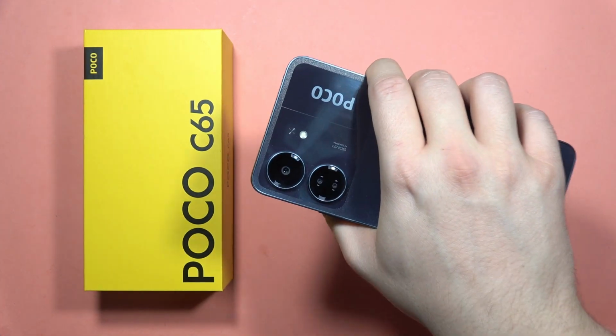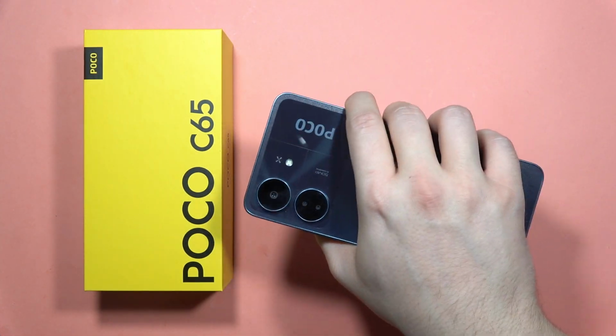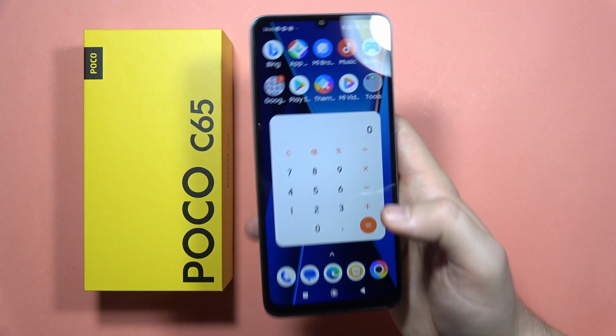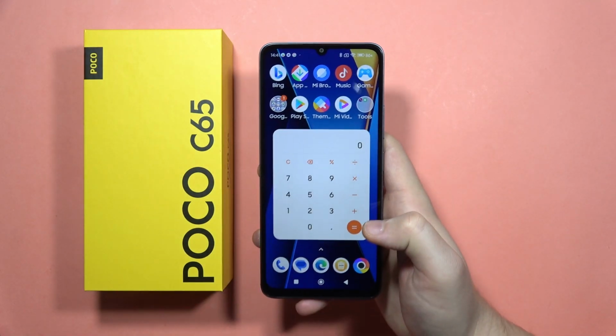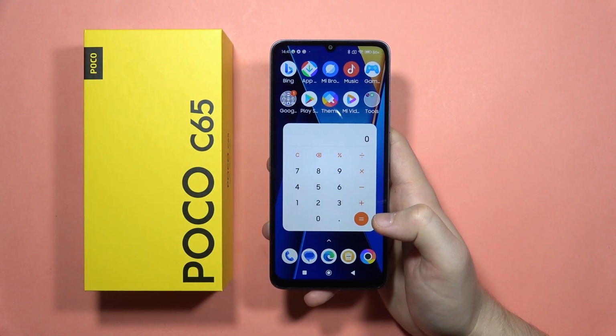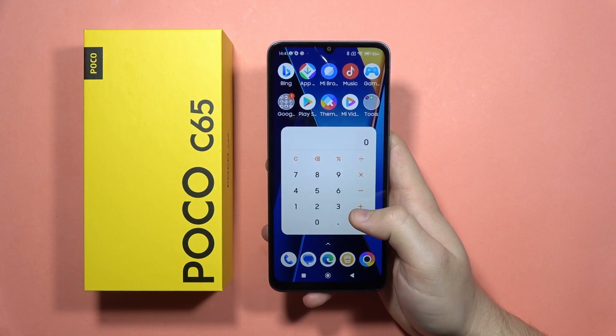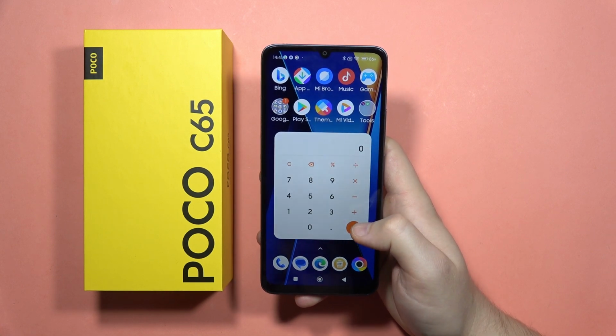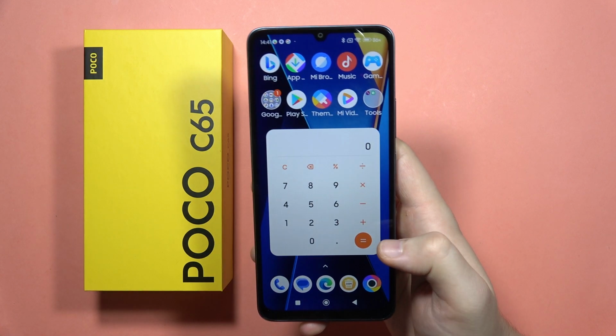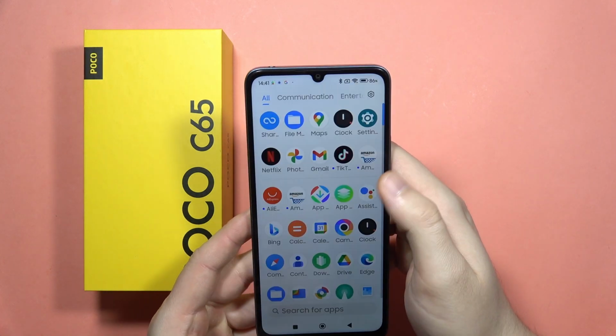Let me show you the best features of your POCO C65. So it's almost for everyone, for the casual user, for gamer, or basically for someone who wants to know his device better. So first of all, let's start from the quick launch the camera, and this option you can actually